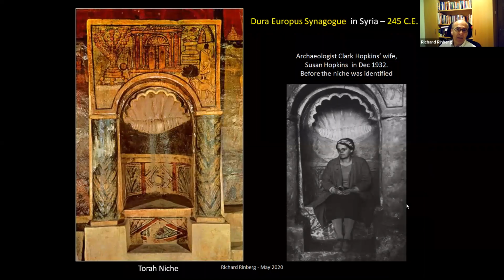And here, I like this picture very much. In 1932, before they'd identified everything, the wife of the archaeologist, Susan Hopkins, sat in the niche, and it gives you an idea of scale. But you can see, you don't see luchot at the top here. You see a conch shell, which is an ancient symbol to do with holiness. You see the menorah. You see, obviously, a representation of the Bet HaMikdash. You're seeing probably Avraham and Yitzchak, the Akedah. And again, discussions as to what this may be, maybe Yaakov and an Ohel. There can be all sorts of possibilities for it.